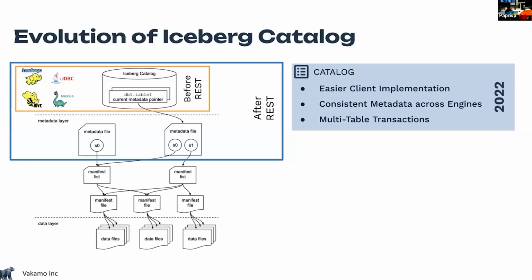Easy to implement because every compute engine knows now, okay, there's a REST specification, I will implement that REST specification, and I'm good to go. Consistent multi-table transactions, but very confusing. If you go to companies, they will tell you you need a catalog, and I have DataHub, I have Collibra, I have Alation, or Atlas, and like, no, that's a different type of catalog. It's a technical catalog that you need to write Iceberg, a very long explanation, right?